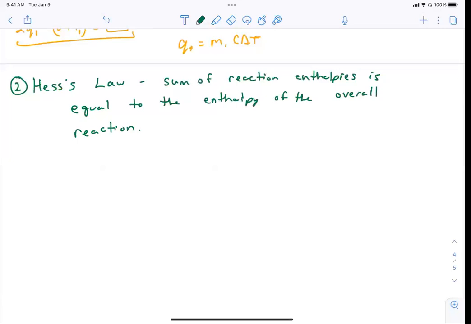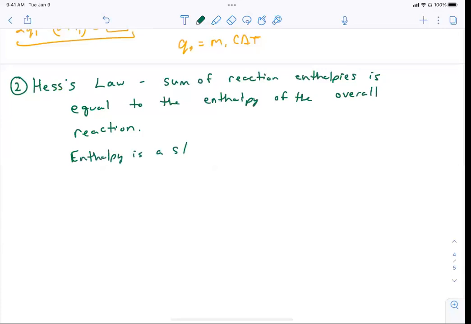Okay. So what Hess's law states is that if you want to find the enthalpy of a reaction and you know enthalpies of other reactions that add up to it, you can calculate the enthalpy of that overall reaction by adding those reactions together. Because enthalpy is what we call a state function,